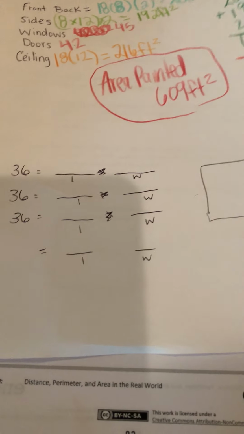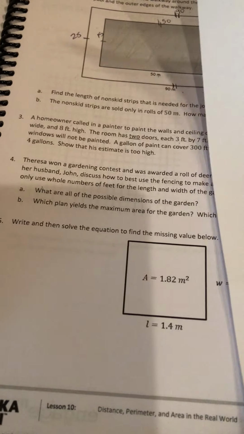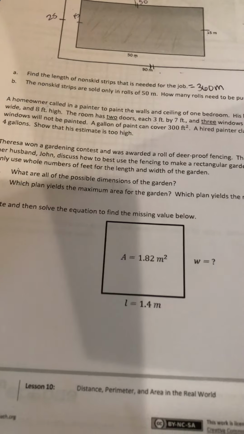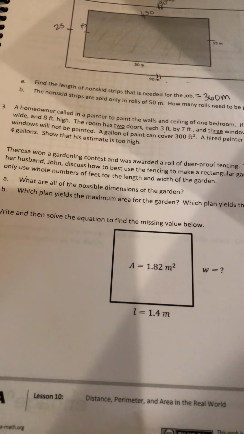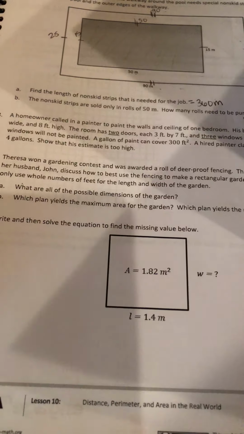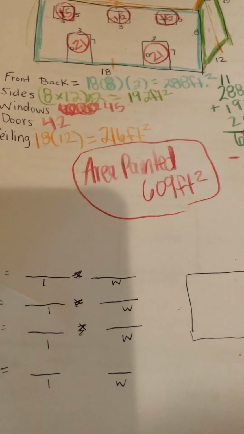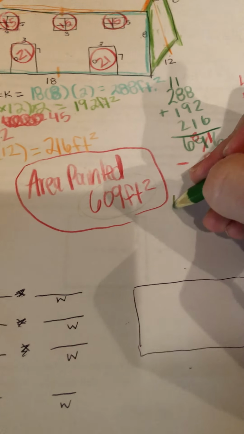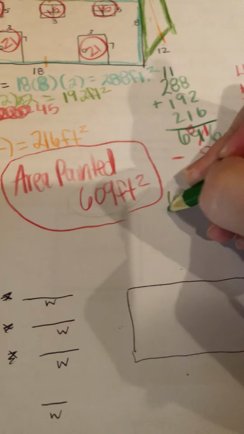Okay, this is lesson 10, part 2. Going back to this problem about the painter painting a homeowner's house. The painter said that he needed a minimum of 4 gallons, but a gallon of paint can cover 300 feet squared. So if I need to paint 600, to find how many gallons I need, I'm going to say 600